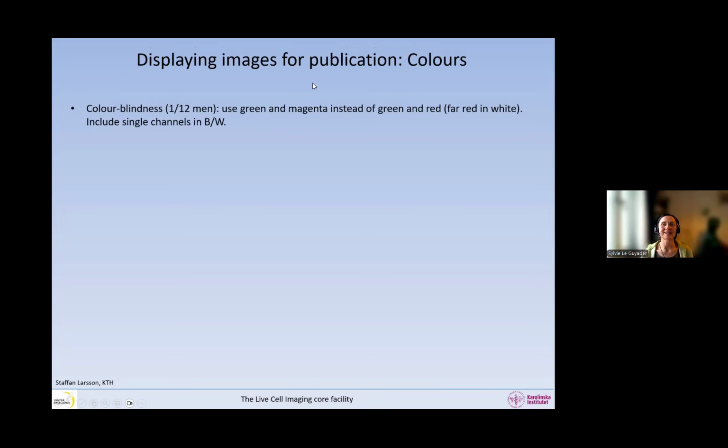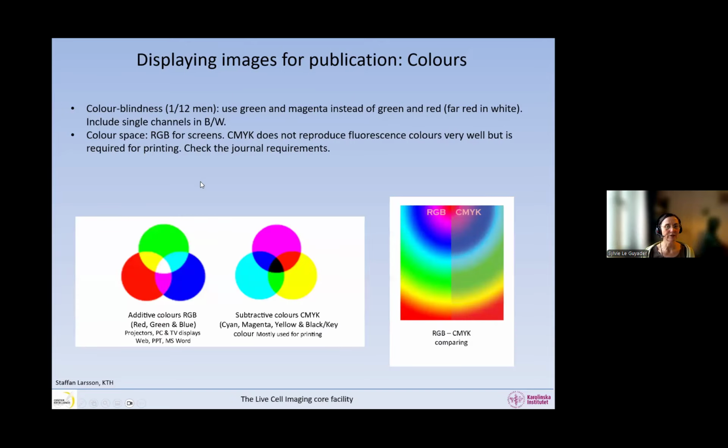So, okay, in this next image, I talk about magenta. I should definitely have changed it in the other one, so I will do that for next year. So 1 in 12 men have color blindness of different sorts. But I think if you put red in magenta and the far red in white, then you're addressing pretty much all the types of color blindness. So the best way is really to put this in your software. You change the color of red to magenta and far red to white, and then you never need to think about it when you're very busy making your figures afterwards.